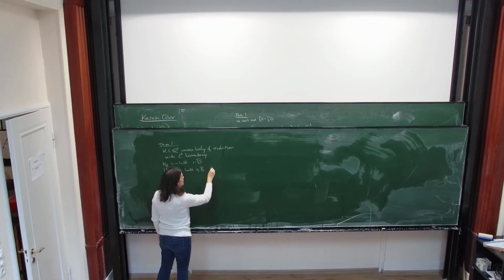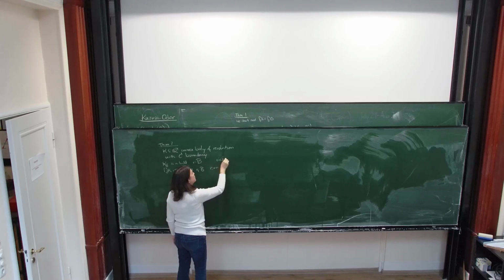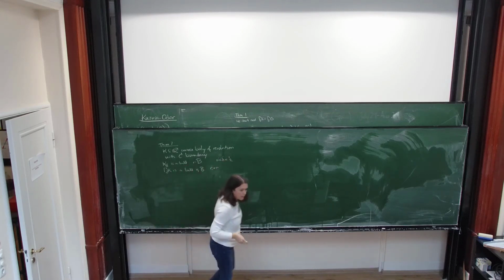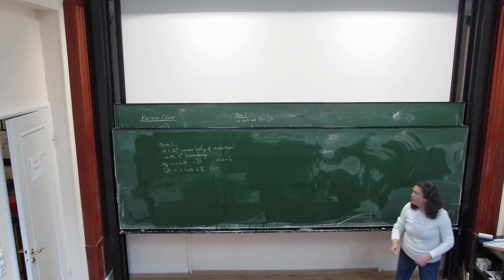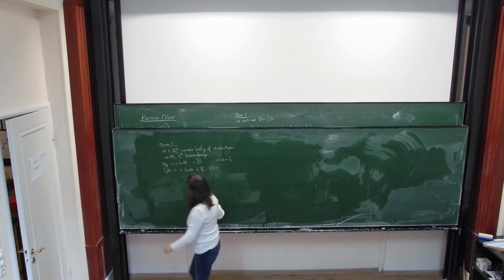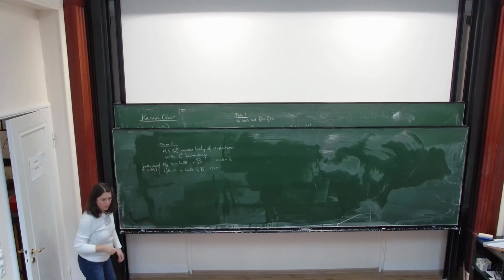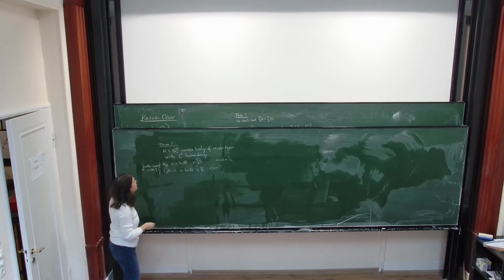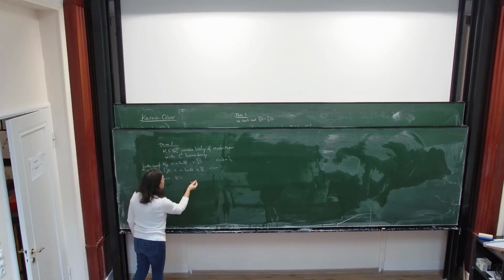R1. Let's say if R delta is less than 1/2, then R1 is greater than R, so delta is between 0 and 1/2. We have a whole range of deltas, so it's not just for 1/2. Both balls are concentric, centered at the center of mass of K. Okay? And then we prove that K is a Euclidean ball